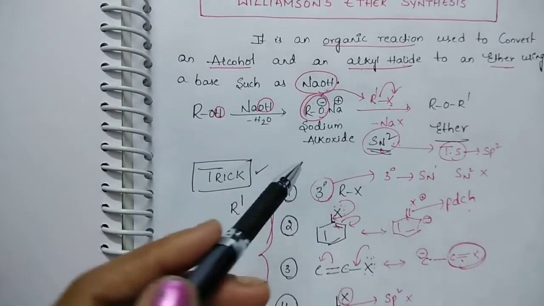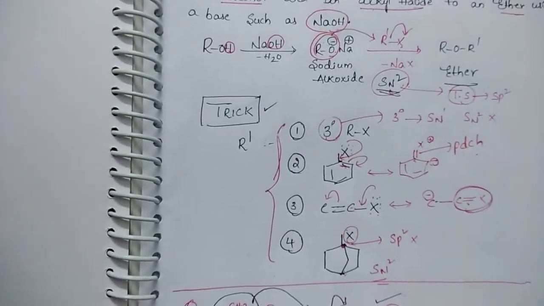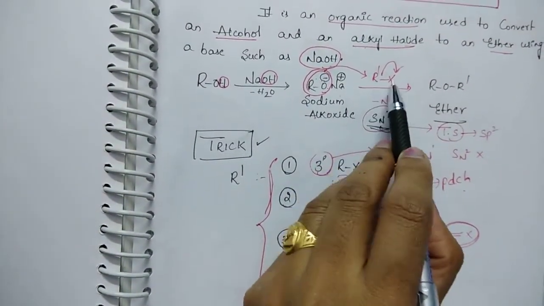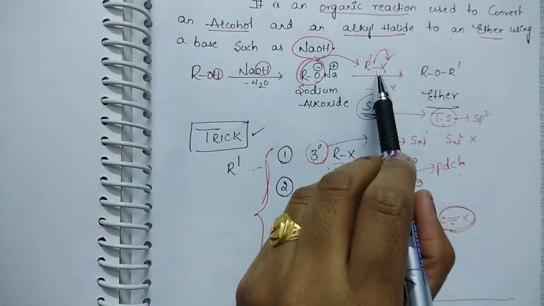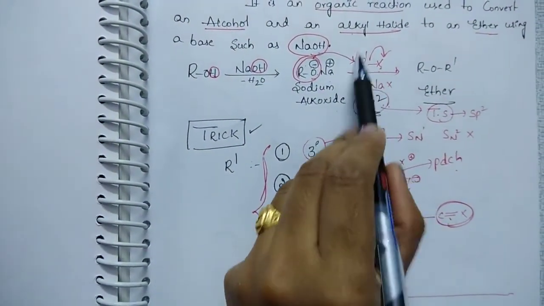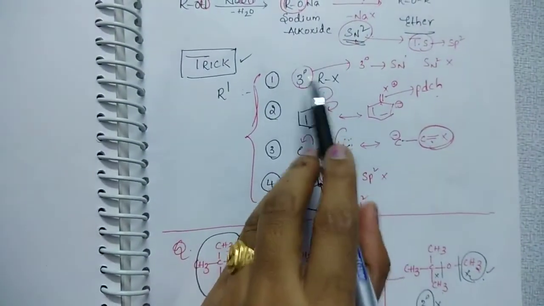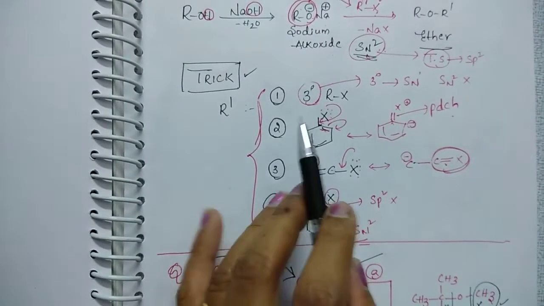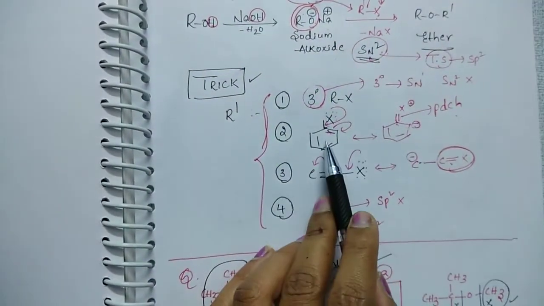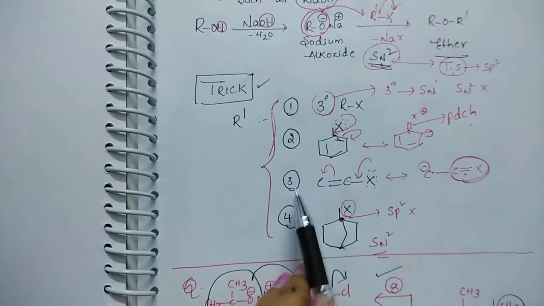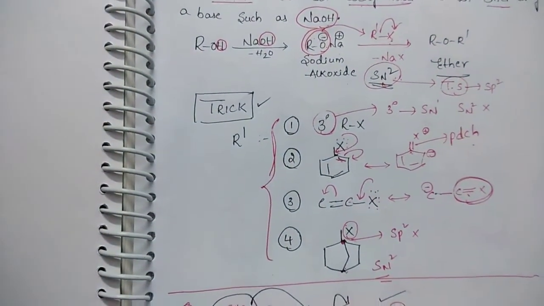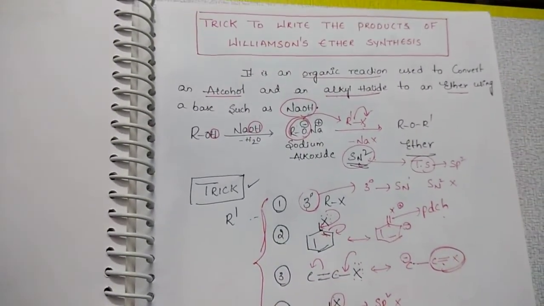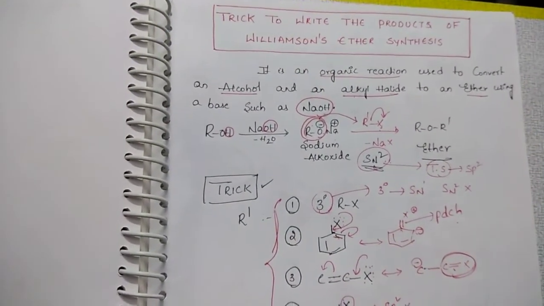Fine. But whenever you are going through the different competitive questions, you should keep in mind this thing. The alkyl halide part is a very important part. This alkyl halide part, means this alkyl group, see here, it should not be tertiary, and it should not be an aryl halide, means the alkyl halide should not be an aryl halide, it should not be a vinyl halide, and it should not be a bridgehead carbon. That's it. If you know these things, then you can easily score good marks in your competitive exams.